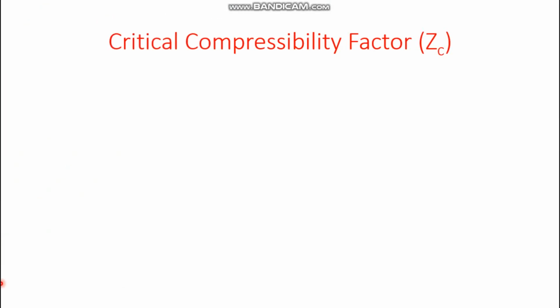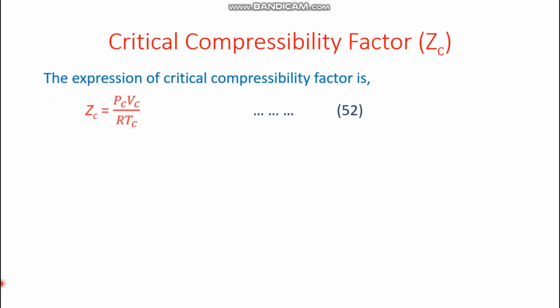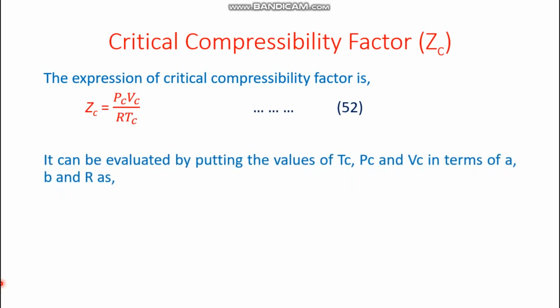Now what about the critical compressibility factor? Actually, compressibility factor Z is equal to PV by RT. So if P, V and T are at critical state, then that moment the compressibility factor is known as the critical compressibility factor, and it is denoted as Zc. So the expression of the critical compressibility factor Zc must be equal to PcVc by RTc, and that is equation number 52. And it can be evaluated by putting the values of Tc, Pc and Vc in terms of a, b and R,